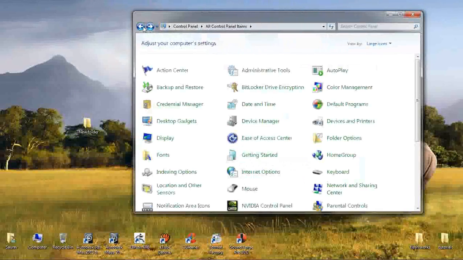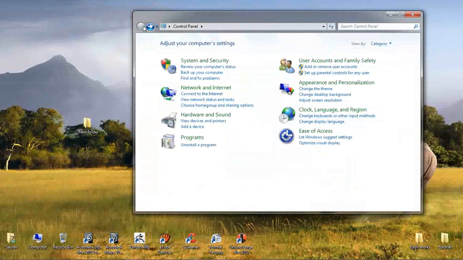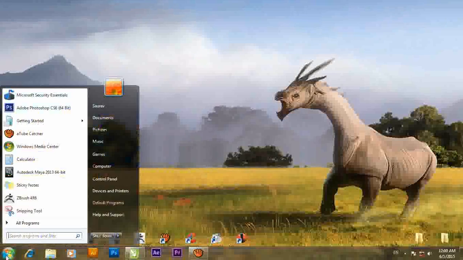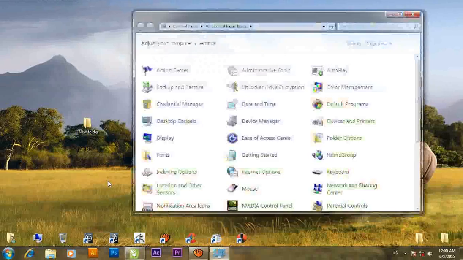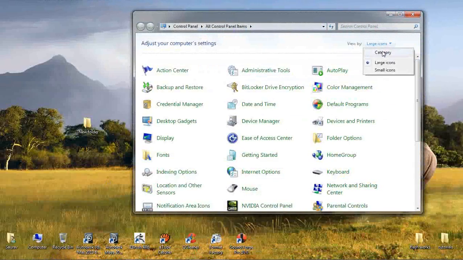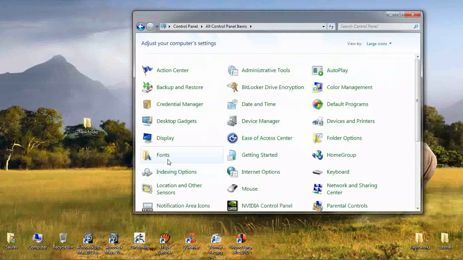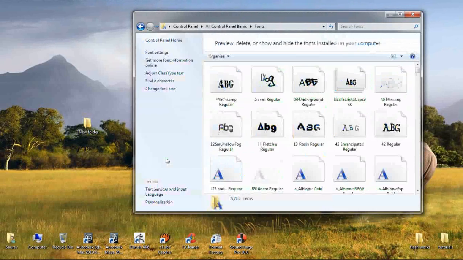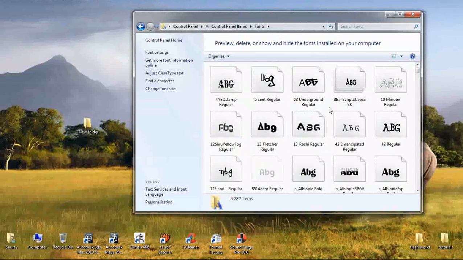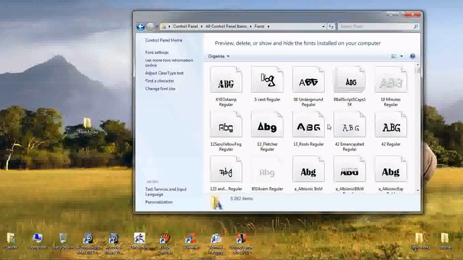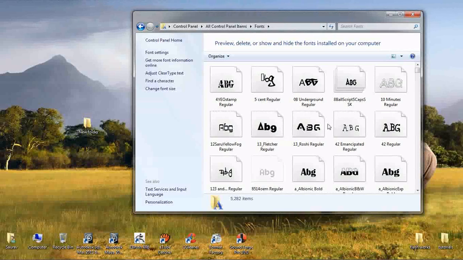Just go to your Control Panel. I will show you again to confirm. Go to your Control Panel, categorize, go to large icons, select Fonts again, and paste all your fonts here, and you get all the fonts exactly as in your previous Windows.